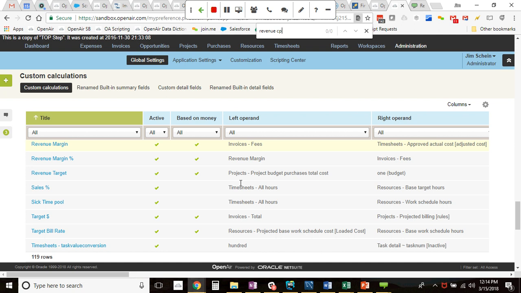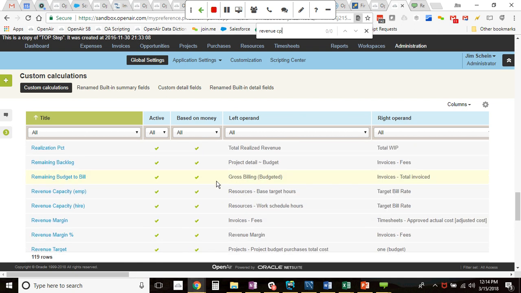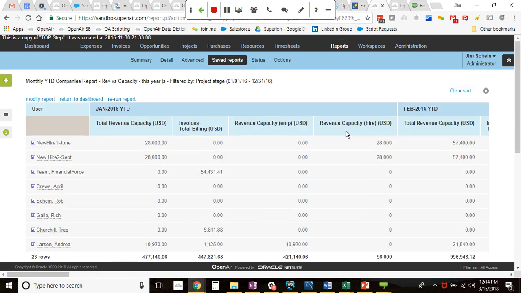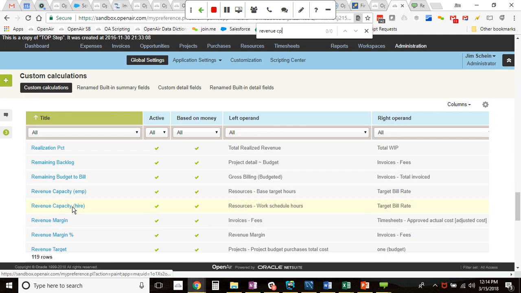So what the total revenue capacity is doing is it's combining this revenue capacity employee versus revenue capacity hire. It's adding those two values together. And those are these two custom calculations that you see here. And what we've done is we've built each one with a filter. So if we look at revenue capacity employee,